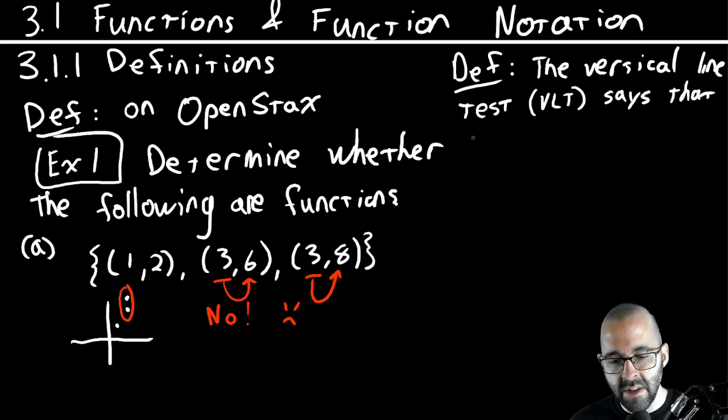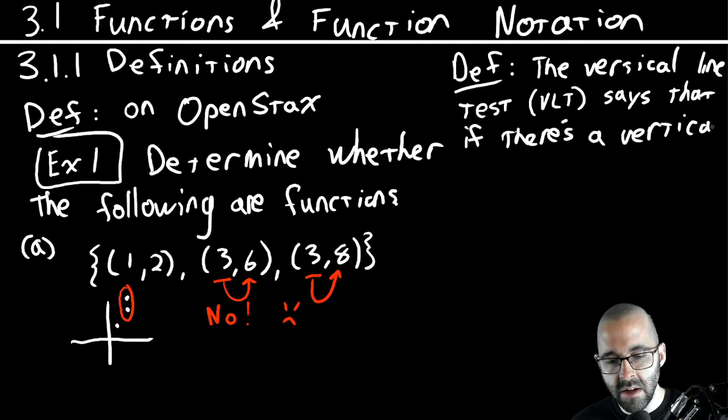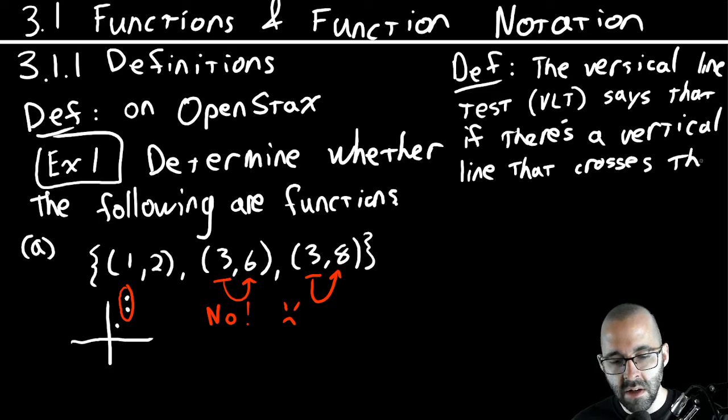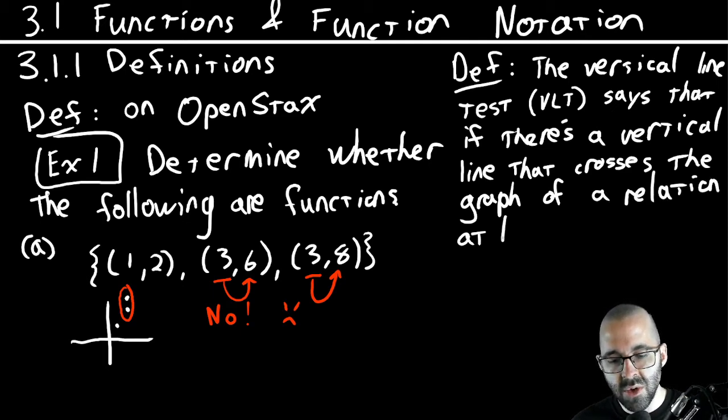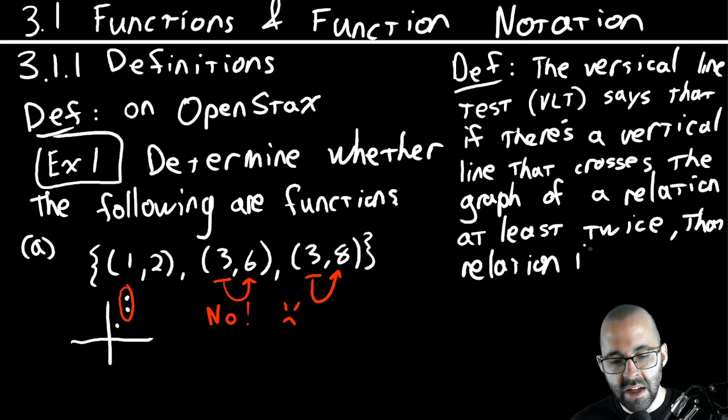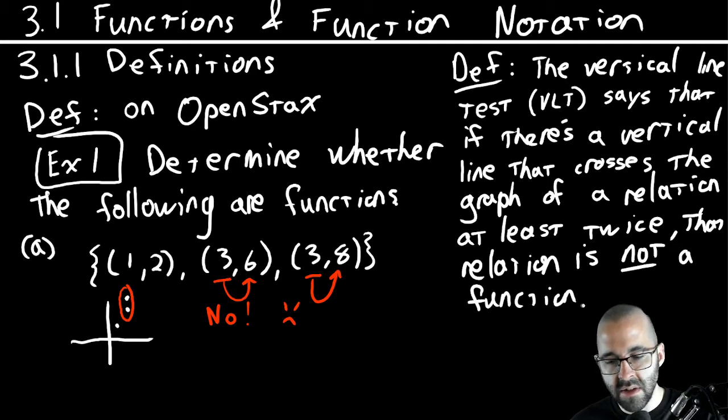It says that if there's a vertical line that crosses the graph of a relation at least twice, more than once, then that relation is not a function. And we're going to use this vertical line test